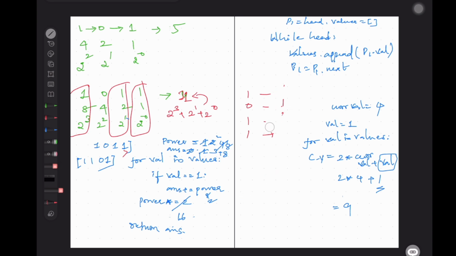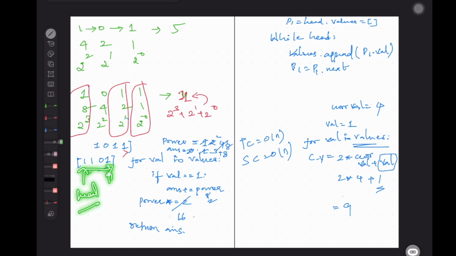Okay, so now the time complexity will be order of n and space complexity will be order of n, because we are storing the value. Do you think we need it? Already we are traversing from MSB to LSB, right? Already head is at MSB only. So why you need to store this value? So we don't need to store the value, we can straight away use head, right? We don't need to store these values at all.